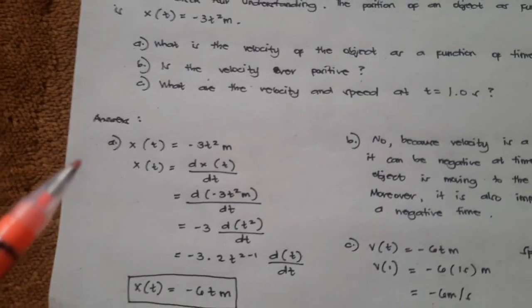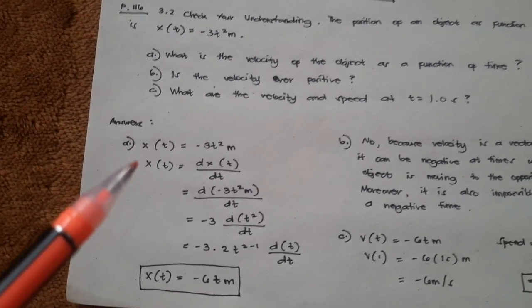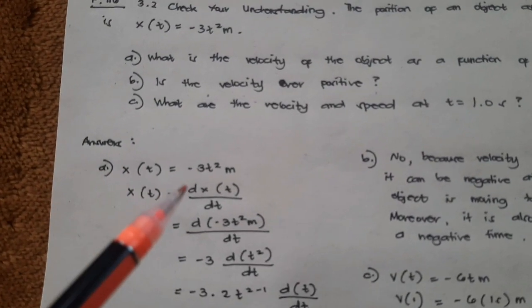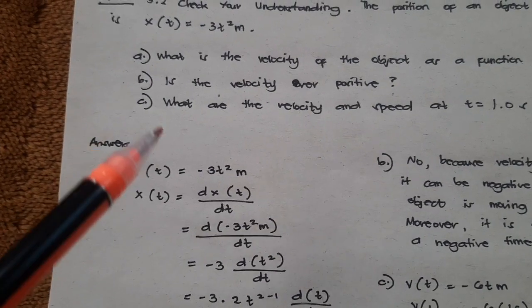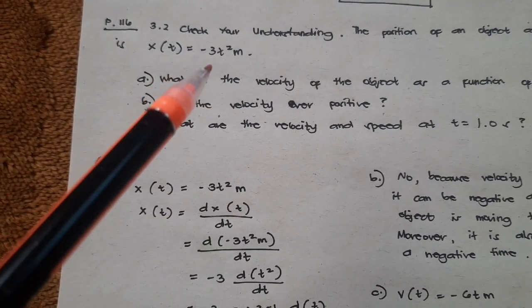So, letter A. What we are looking for is the velocity of the object as a function of time. So x of t is equal to negative 3t to the second power m. Since we are given t, so